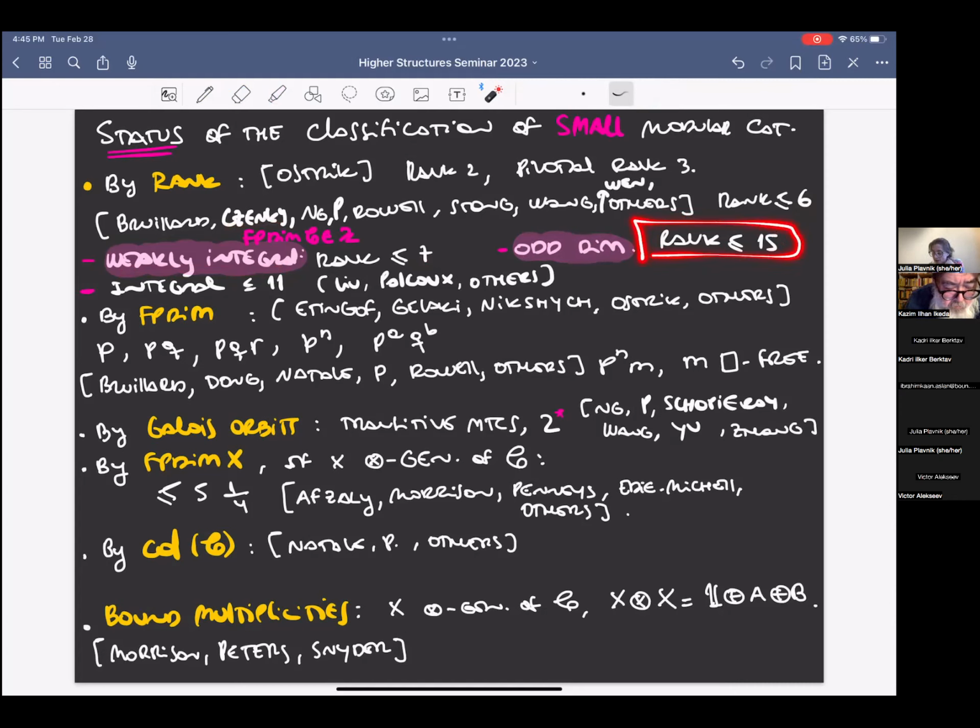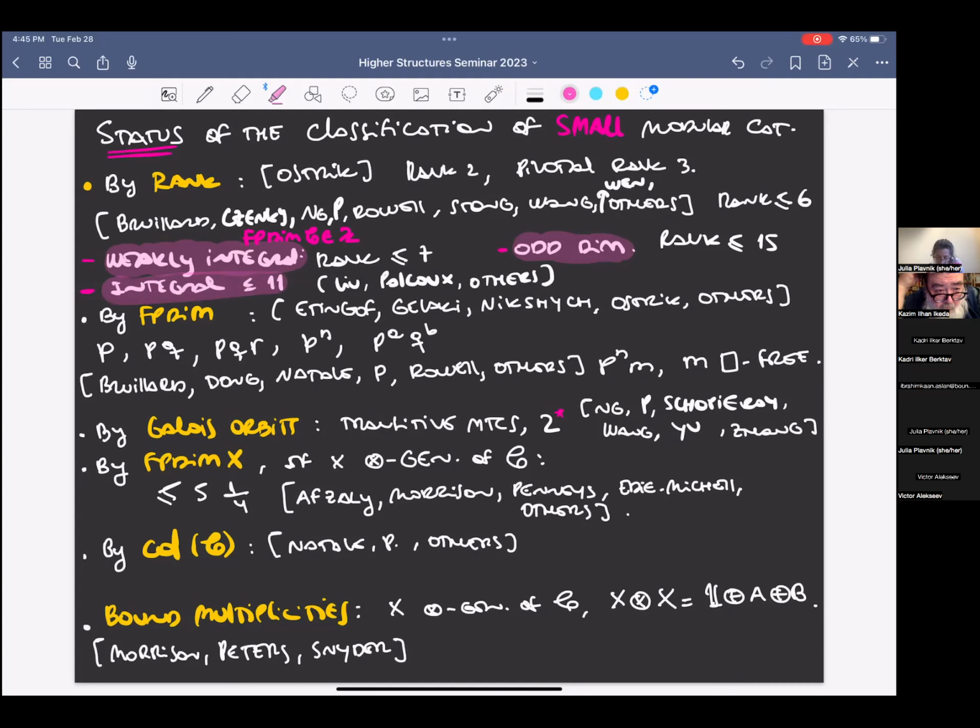And I will make comments about this because we think we can go much further in this case in a little bit. So this will be the focus. The odd dimensional case will be the end of the talk. Then this year, and this is a very new result, I would say, a result from this year,